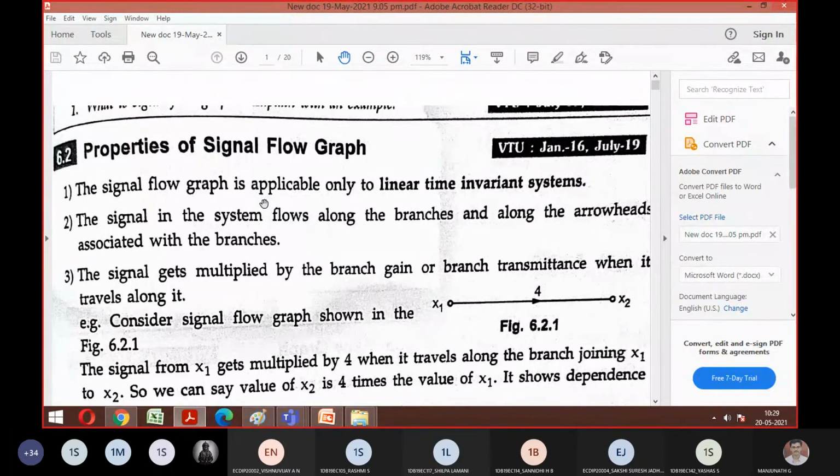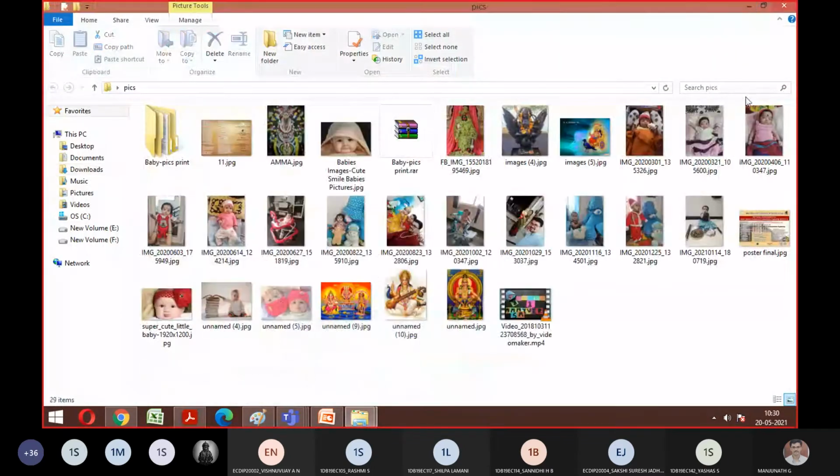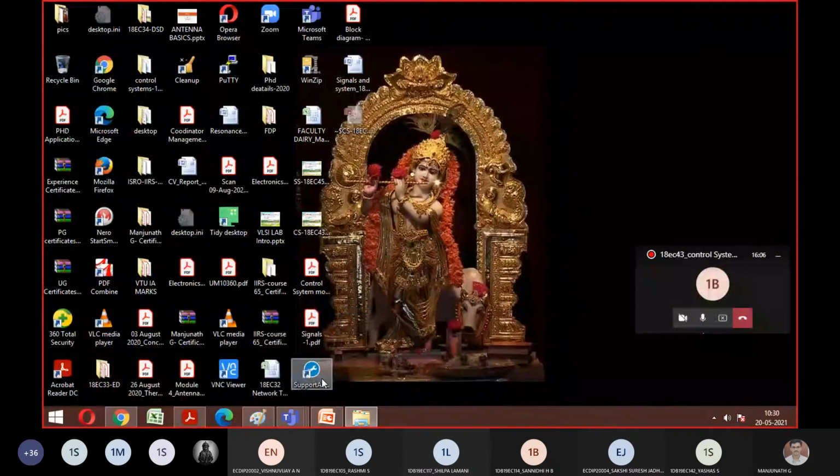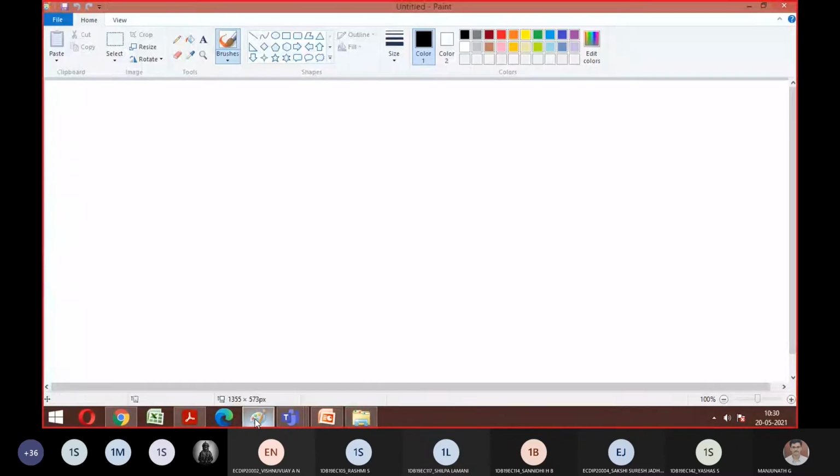In order to explain this, let me give a simple definition of a time invariant system. Listen carefully: in any system, if there is a time shift with respect to the input, in the same way we expect there will be a time shift with respect to my output. Agree? So let me go to Paint. What is the meaning of what I told? If there is a slight change with respect to my input.